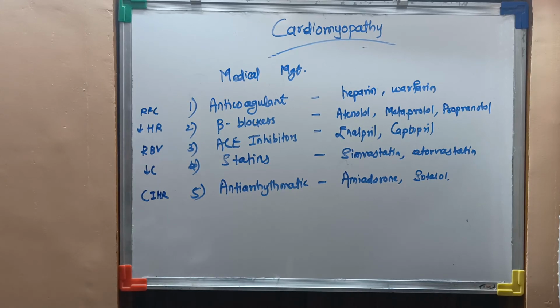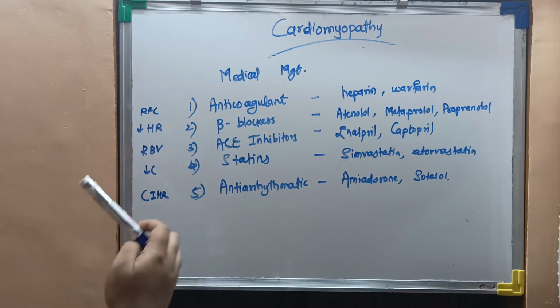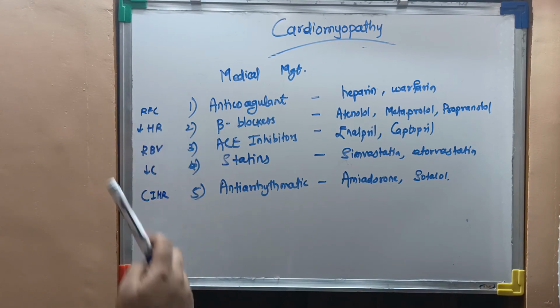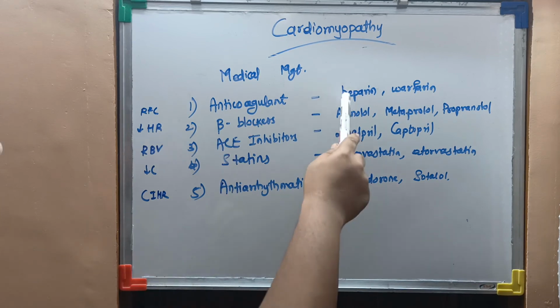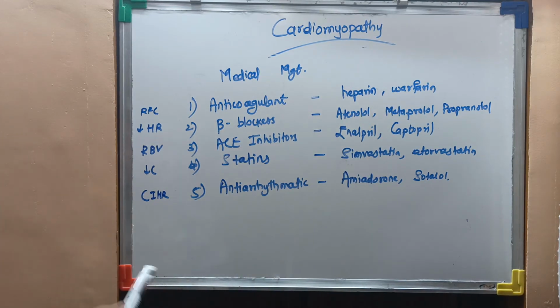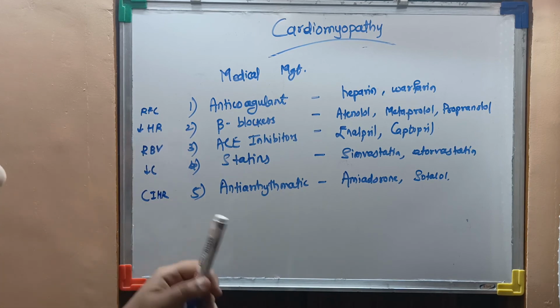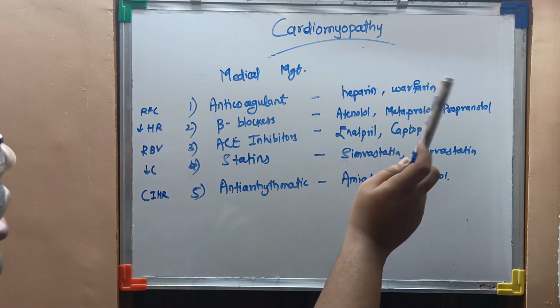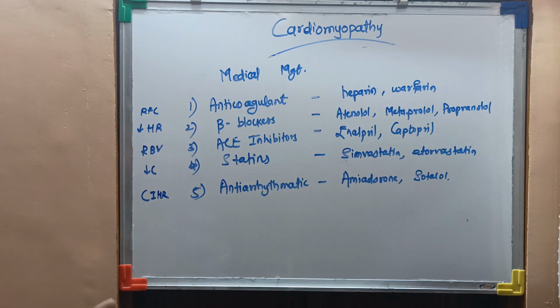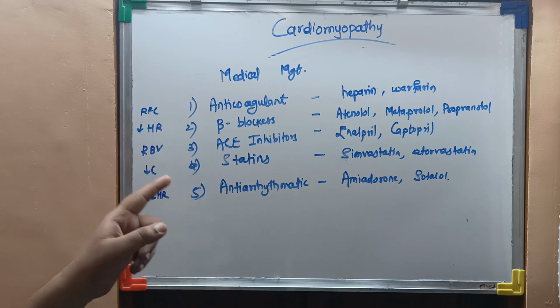Here we will focus on the medical management of cardiomyopathy. The first one is the anticoagulants. The anticoagulants mainly dissolve the clot or reduce the clot formation. Examples of anticoagulants are heparin and warfarin. The second one is beta blockers, which decrease the heart rate, and the examples are atenolol, metoprolol and propranolol. The third one is ACE inhibitors, angiotensin converting enzyme inhibitors,